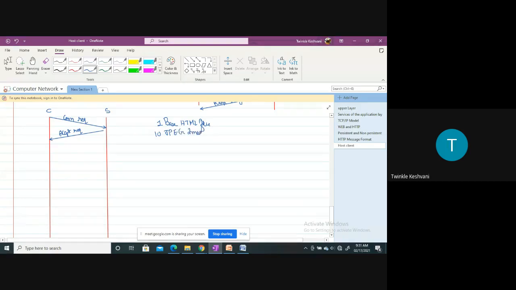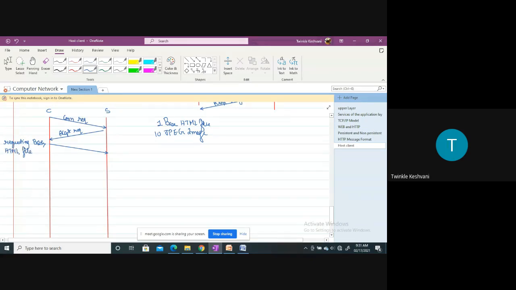So what happens in this case? Here the client will request for the file. So the first object, that is one base HTML file, will be requested by the client. We can say requesting a base HTML file. Right?